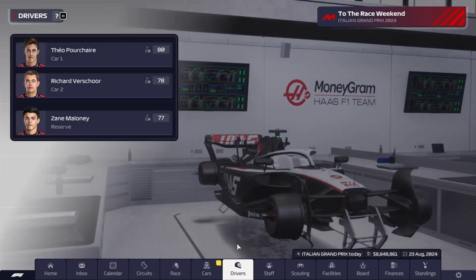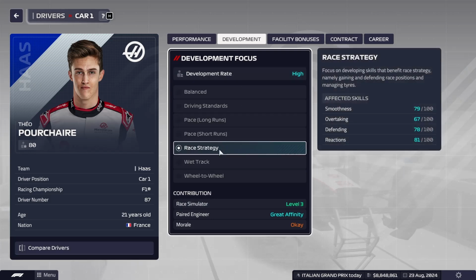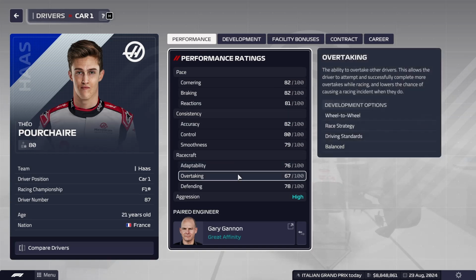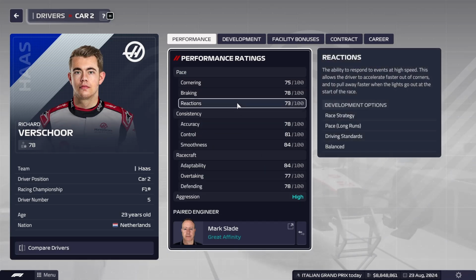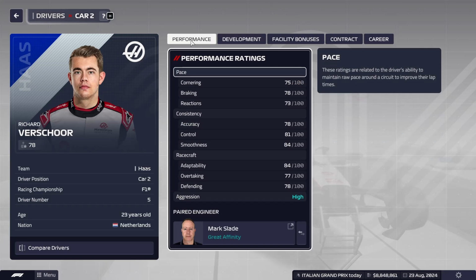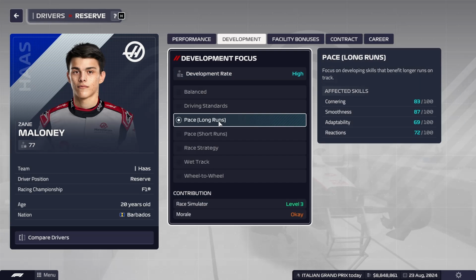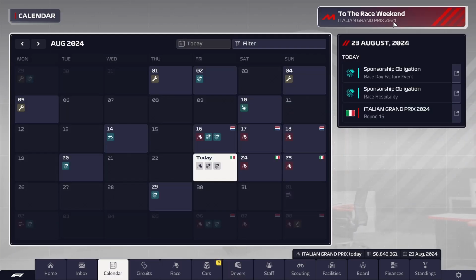Let's just double check everything. Drivers are doing well. Theo needs to start improving his overtaking, and that is included here, and adaptability. But we can't do both of those simultaneously, so we're just going to have to leave them there. And Richard, probably reactions. What are we on right now? Pace, long run. Yeah, I mean that's the best we can do, honestly. So we'll leave that there for the boy and Zane. We can't get those two together, unfortunately. When do we have him set up for the pace long run? All right, so we'll just leave everybody alone, and we'll go ahead and jump into the Italian GP,